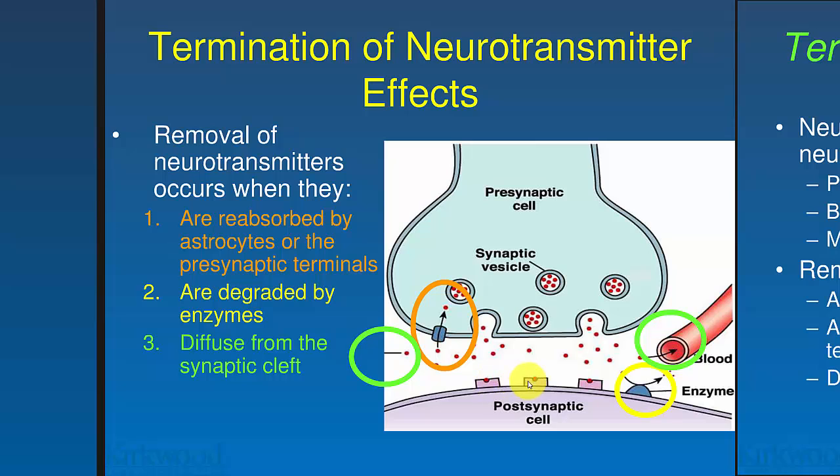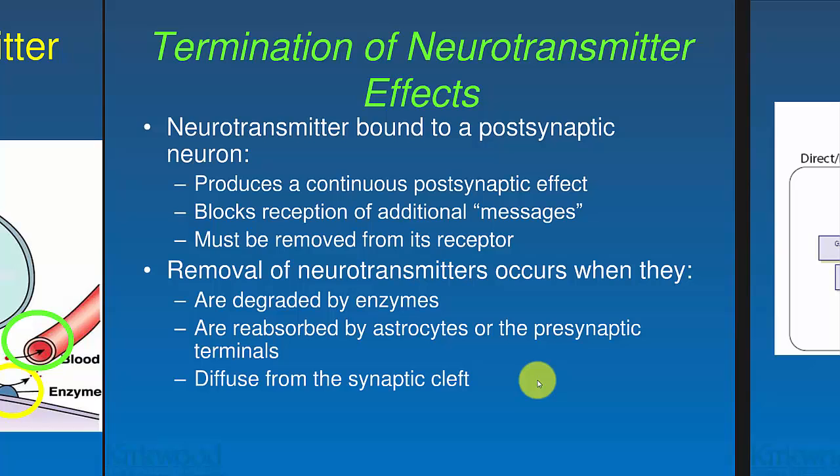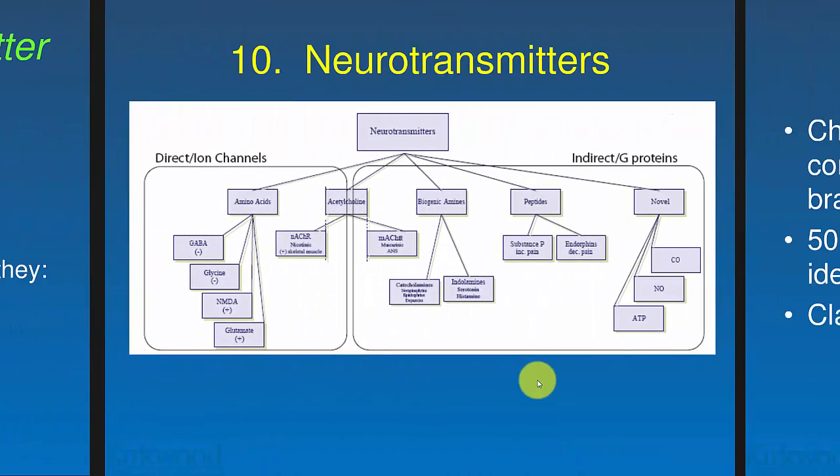So the immune system has taken away some of these receptors, but if the drug is given to take away some of these enzymes, then when the neurotransmitter is released, it will stick around longer. So even though there's fewer receptors, it will keep stimulating those receptors in order to bring back some of the muscle strength. That's just another termination. Neurotransmitters, there's a lot here, and to be honest, I don't think we need to memorize